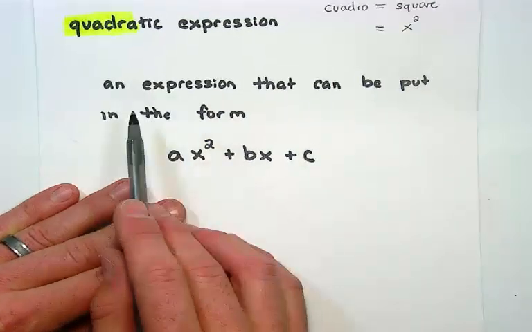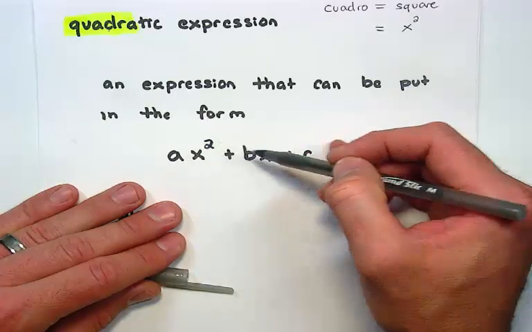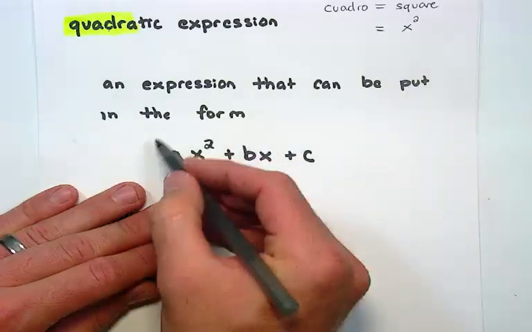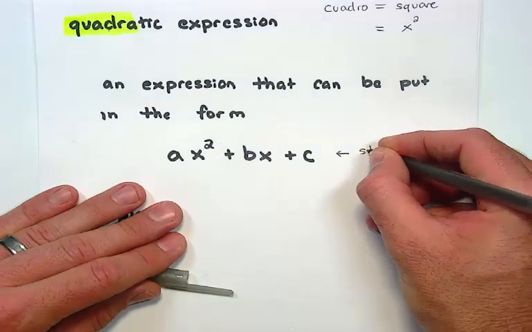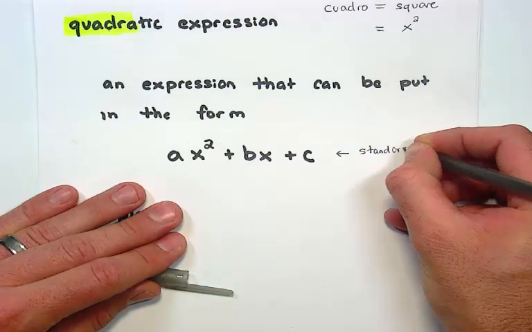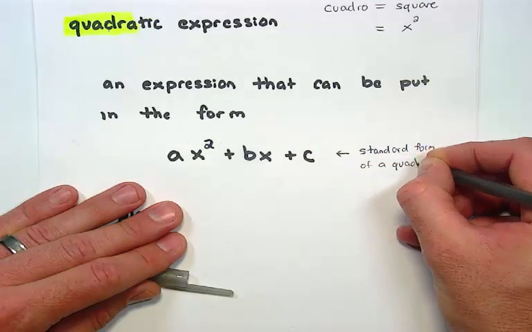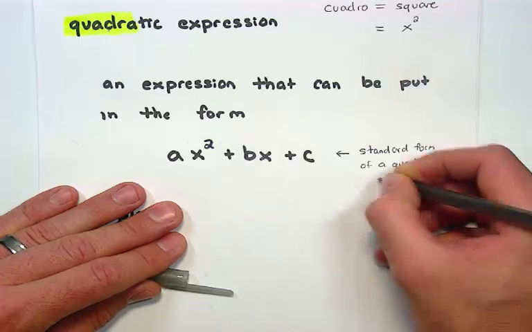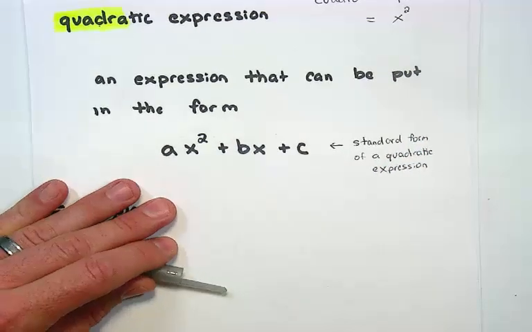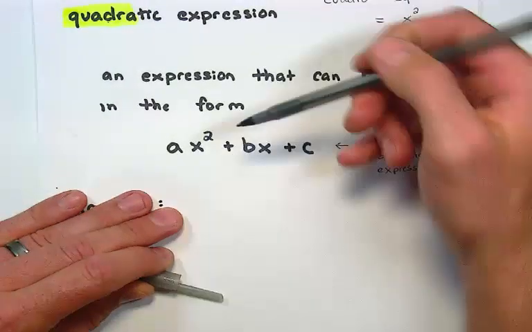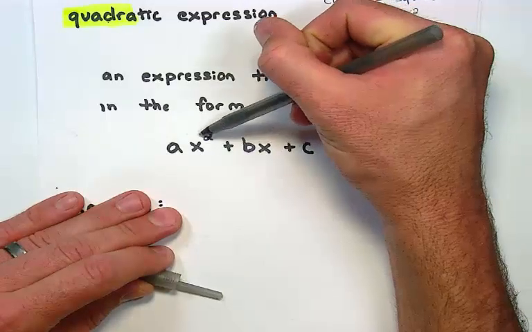When we define this, we're going to say a quadratic expression can be put in the form ax squared plus bx plus c. This form right here is super famous. In fact, nerdy mathematicians like to say, this is the standard form of a quadratic expression, so that they can make themselves sound smart. In other words, all quadratic expressions can be put into this form,